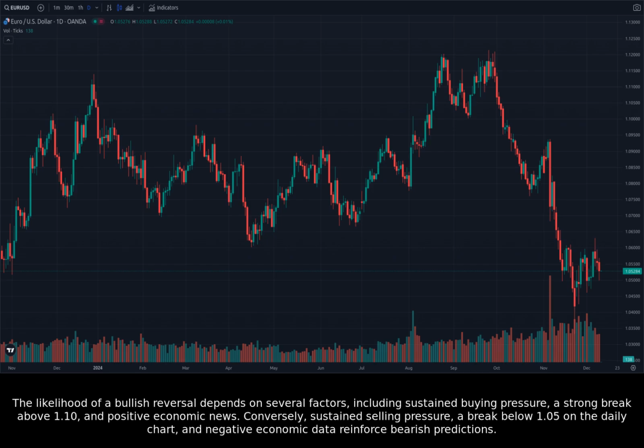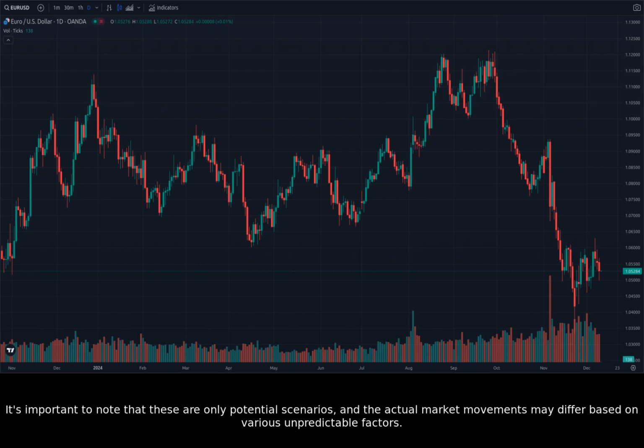The likelihood of a bullish reversal depends on several factors, including sustained buying pressure, a strong break above 1.10, and positive economic news. Conversely, sustained selling pressure, a break below 1.05 on the daily chart, and negative economic data reinforce bearish predictions. It's important to note that these are only potential scenarios, and the actual market movements may differ based